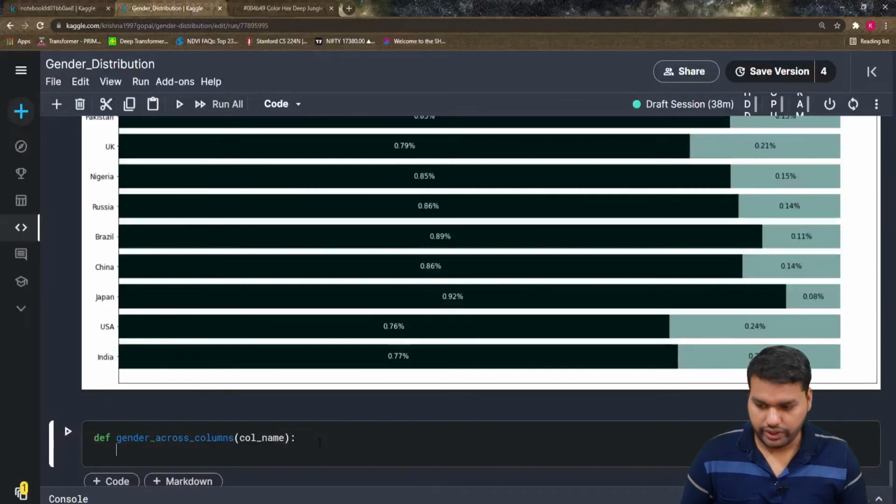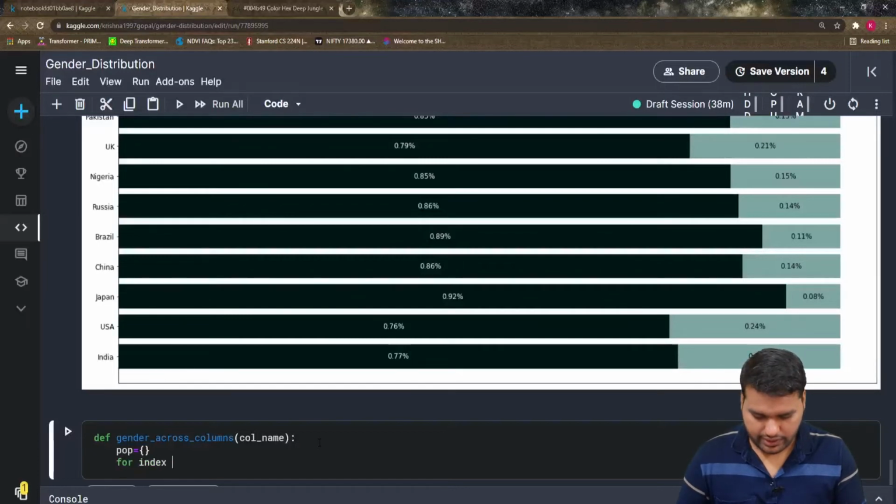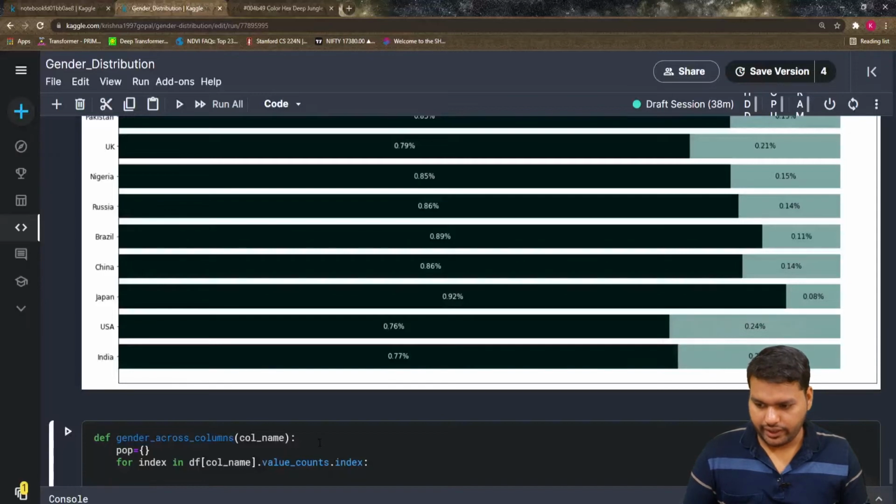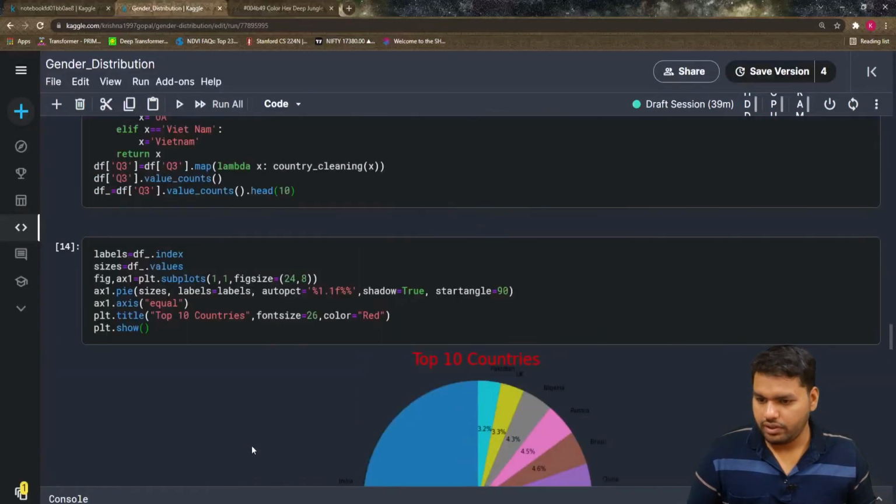So here also you can define one dictionary, that is pop, and then we iterate over the index of the column. So for index in df column name dot value counts dot index, and then we put in this. So pop is index, and what we'll get, the df, we copy from above.